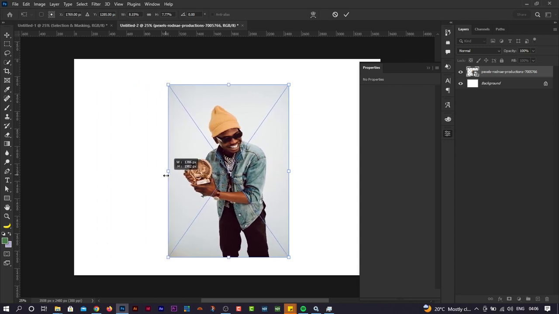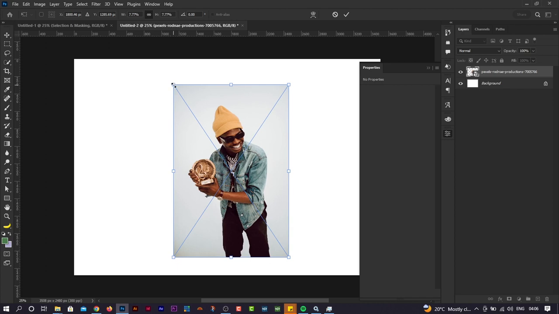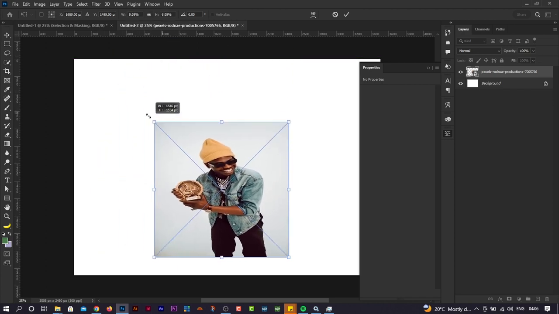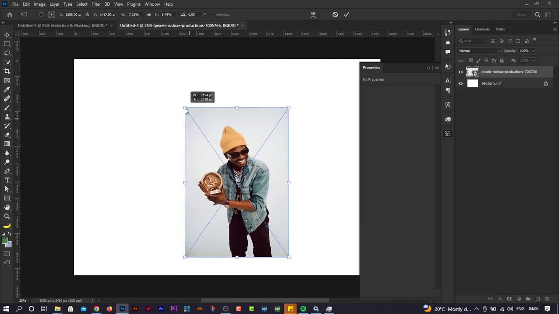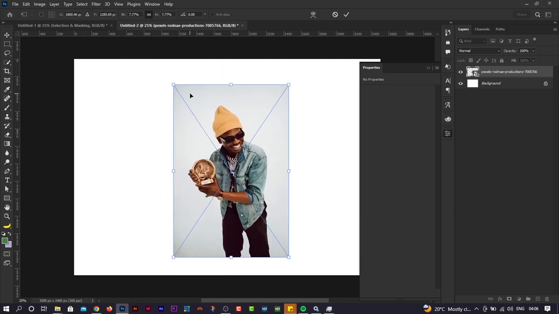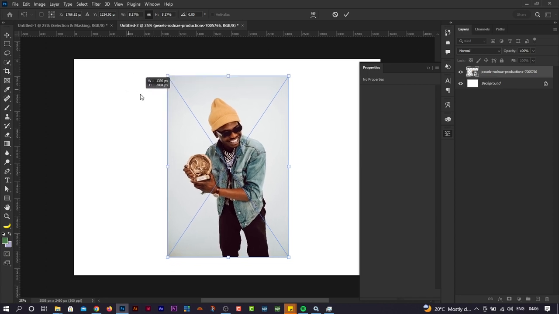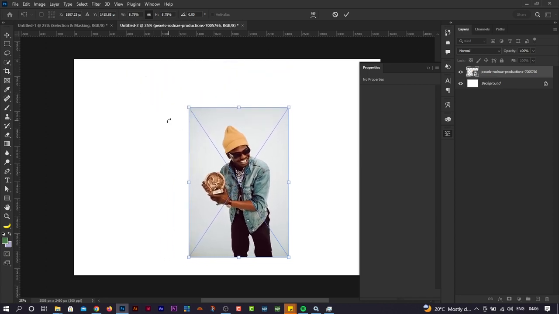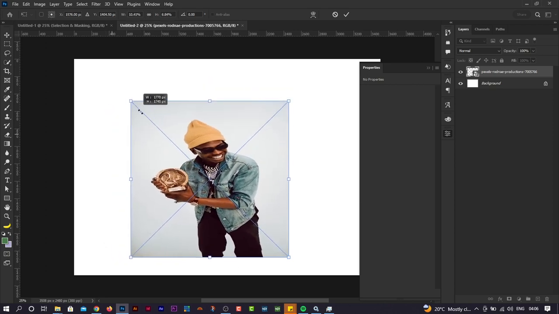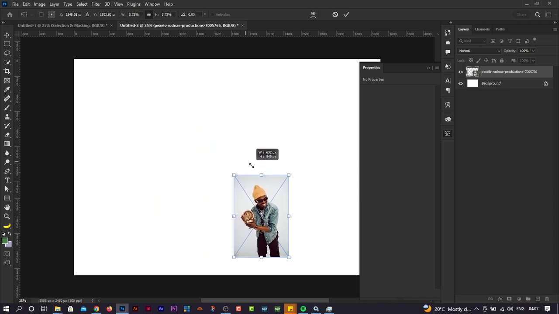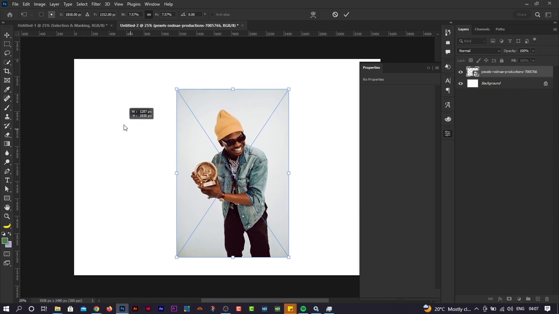Okay, avoid doing this. You might also do it from this end here. You see, it's messing up the proportions of our design. Avoid doing this. So for those of you, whenever you try to scale and you see this happening, just do Ctrl-Z to go back. Then hold Shift on your keyboard, and you click and drag. So this is for those who are using Photoshop 2020 and below. When you try to transform, I noticed that it's happening like this. It's been messed up like this, right? Always just do Ctrl-Z to go back, then hold Shift when you're transforming. I now see it's scaling both length and width